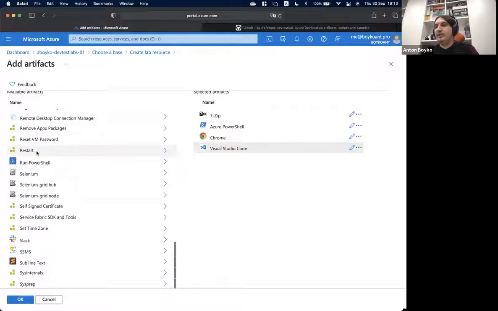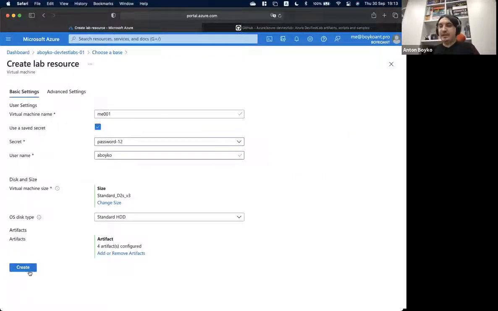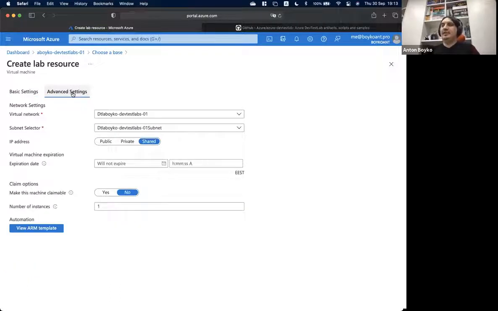For example, I can restart my virtual machine if needed. And again, as I was showing you with the Git repos, I can install one component, then restart, install a few more components, then restart it again if I need that. So here I'm basically configuring the set of artifacts and that's it. I can go to advanced settings, but there are mostly settings that may be